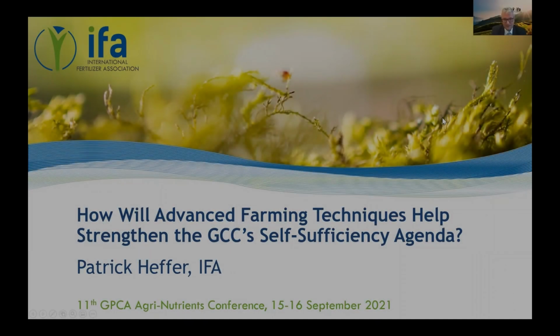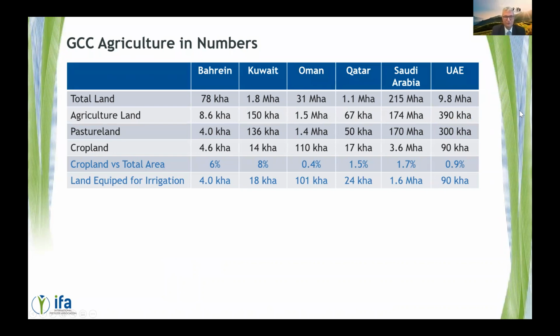And today I'm pleased to talk about how advanced farming techniques will help strengthen the GCC's self-sufficiency agenda. So let me start my presentation with a few figures about the GCC agriculture